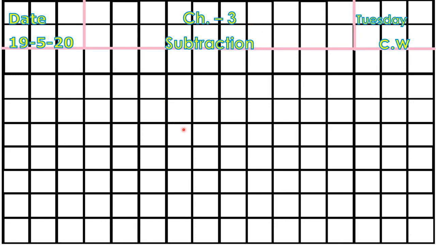Okay, then we have to do the sum. So here first sum is an example, like first question, part A, subtract 32 from 48. What does it mean beta? It means कि हमें subtract करना है 32 को 48 में से.